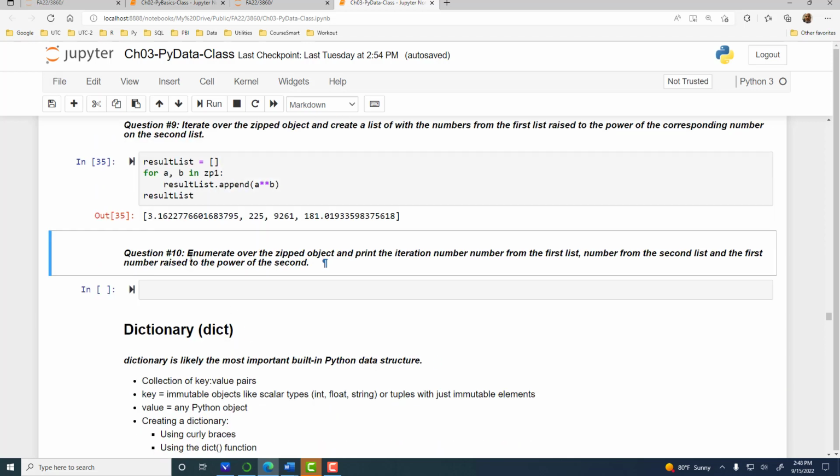All right. Enumerate over the zipped object and print the iteration number, the number from the first list and the number from the second list, I guess, with the first raised to the power of the second. Okay, so,